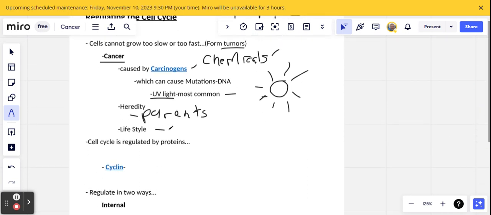So if people smoke cigarettes, they eat the wrong kind of food with lots of preservatives in it, and so on and so forth. The places you hang out, the job you have. So if you're around materials that are carcinogens